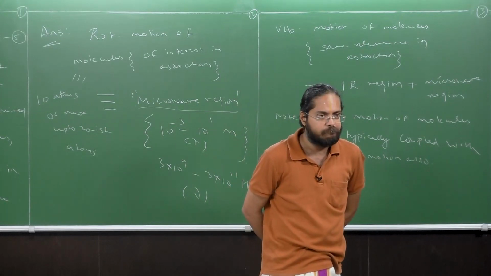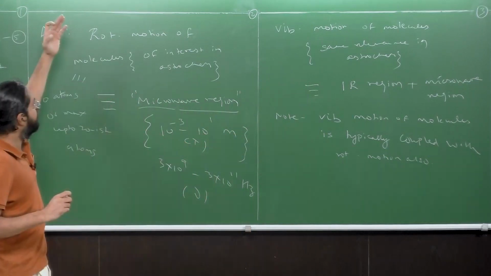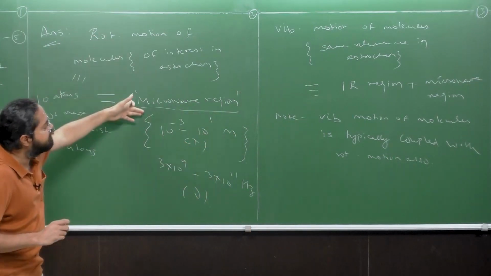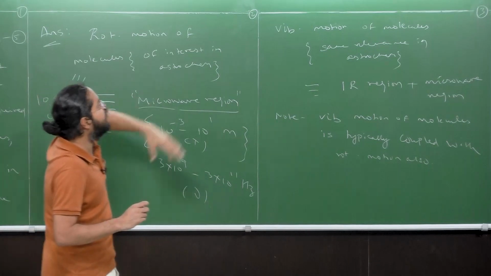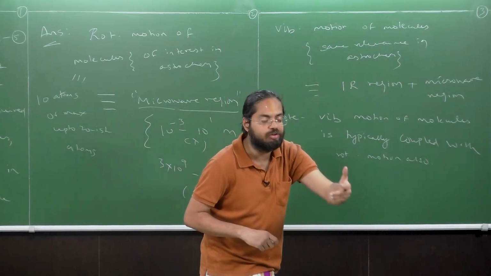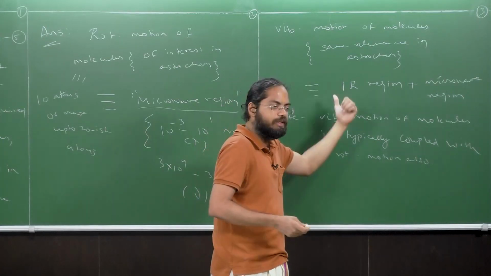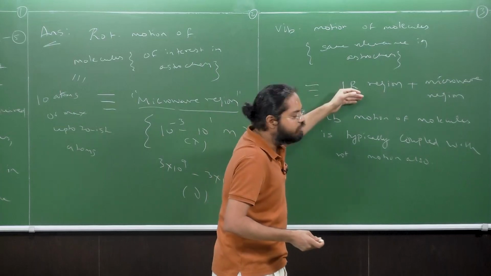Please note a point. The fact that rotation is coincidental with the microwave region, and vibration is coincidental with the infrared region, itself tells you that rotation is a lesser energy process than vibration, because the IR region